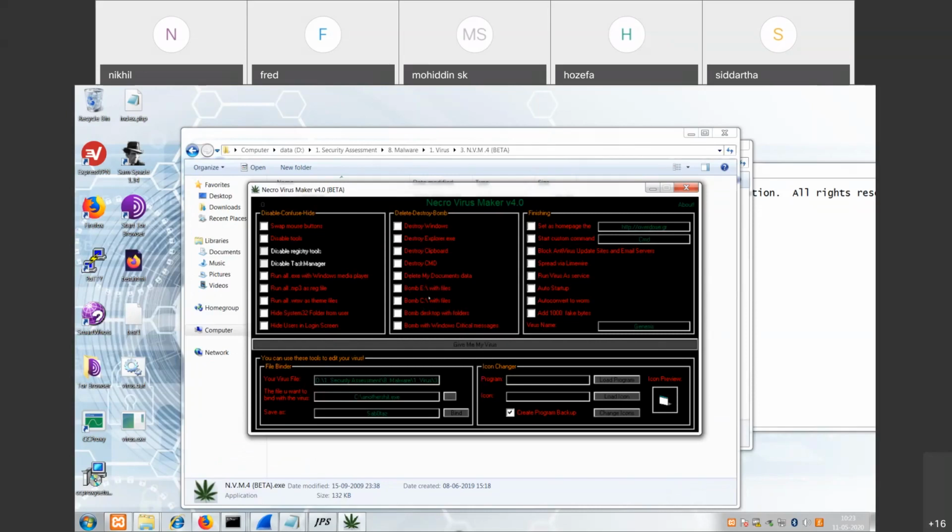Why? Because it creates temporary files, guys. Here, destroy Explorer, run all MP3 files in Windows Media Player, guys. EXE files will be played in Windows Media Player, guys. Can you see here? So you are going to change all these things, swap mouse buttons, auto startup,